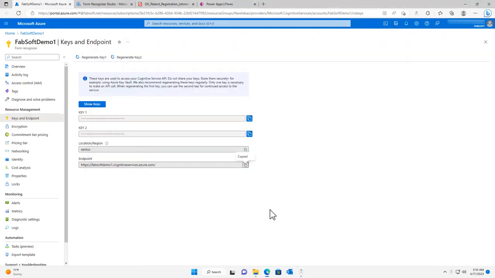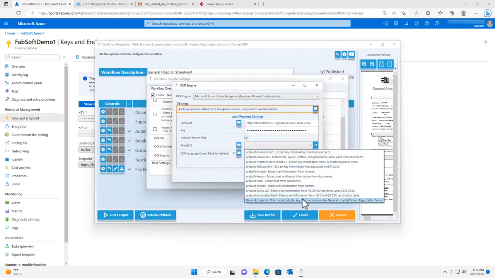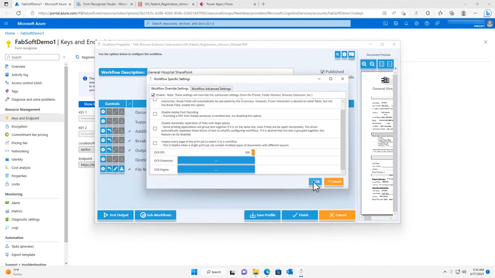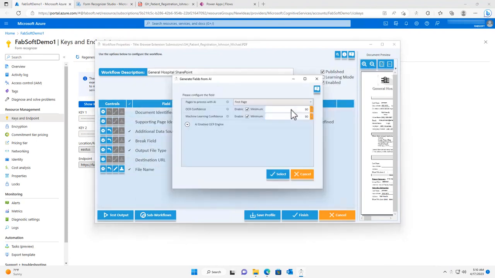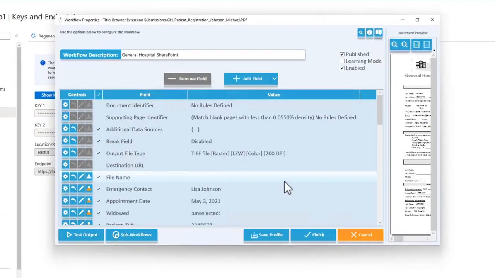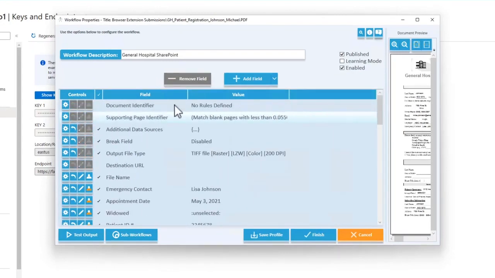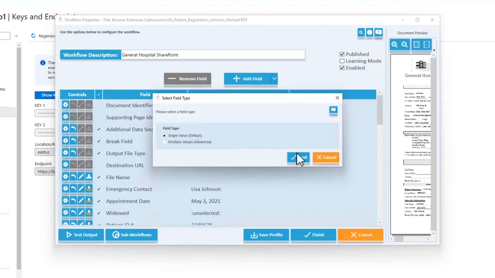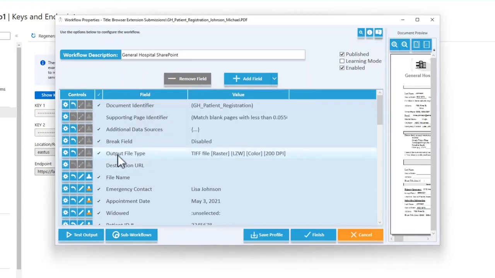Now that my desired Form Recognizer model is selected, I can use it to automatically add all of the fields from the document into the workflow. The majority of the workflow configuration is now complete thanks to the Form Recognizer model. The next step is to configure the document identifier so that all General Hospital patient registration forms will be processed by this workflow. I will then set the output file type to PDF and copy the destination URL from my